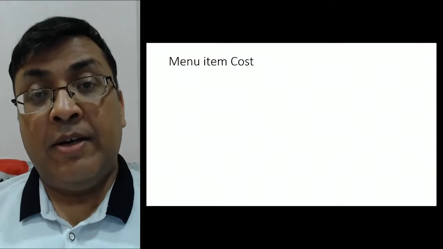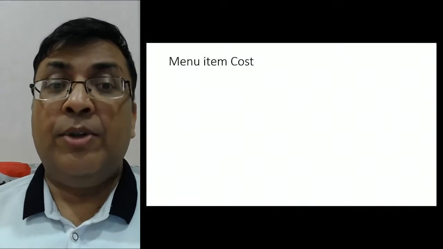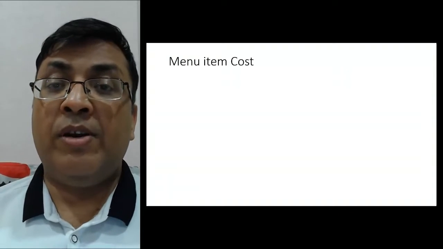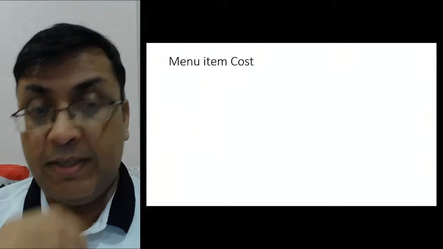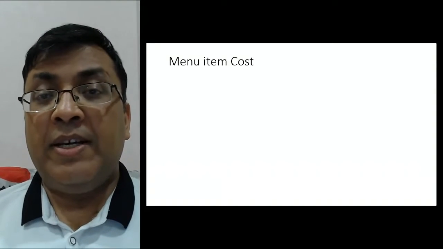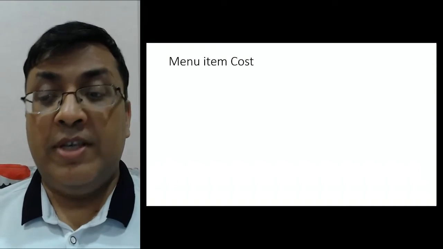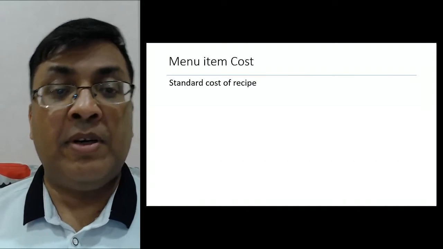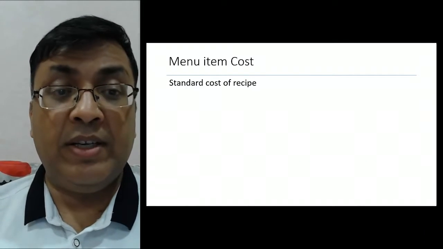slides later down in the course, so that you can have an idea how to calculate the desired food cost percentage. Now let's look at how we do the menu costing. Menu costing, as you would understand, is very simple. You just need to cost each and every item of the ingredient that we are using in this standard cost